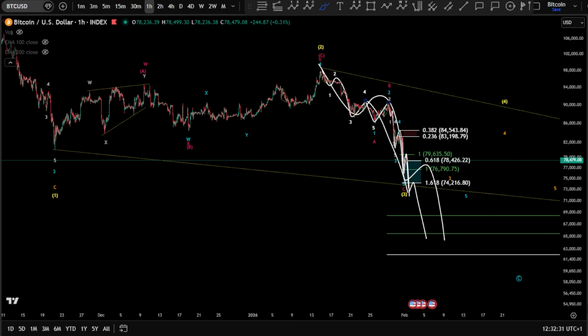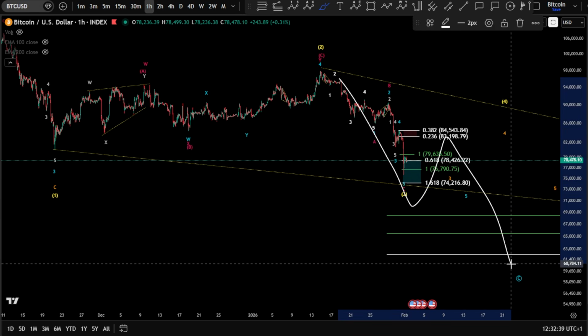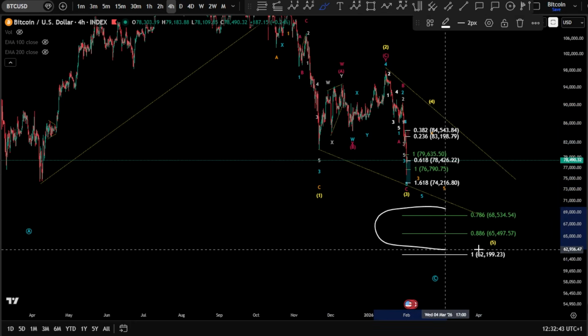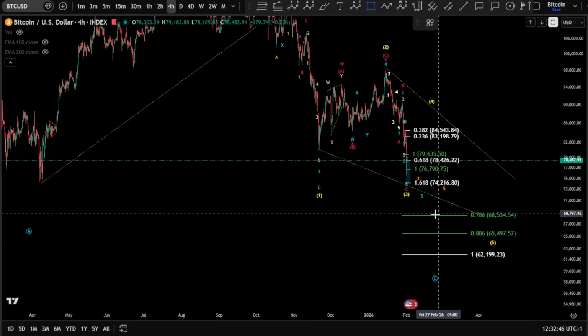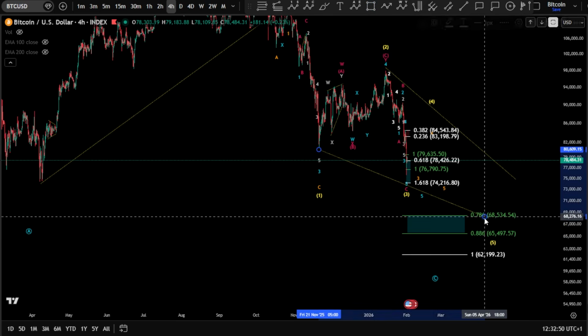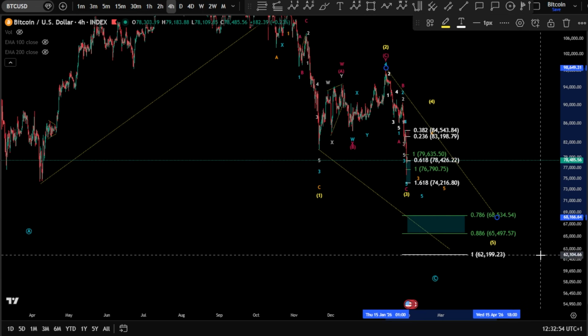And this might, of course, unfold a very deep correction, not correction, I would say impulse, as a wave A potentially, and then B and a C later on. Yeah. And this is, of course, where we are looking for. Anyways, this is our main target for wave 3. So yeah, I'm expecting again, even on the lower time frame here, to become in an aggressive ending diagonal there.